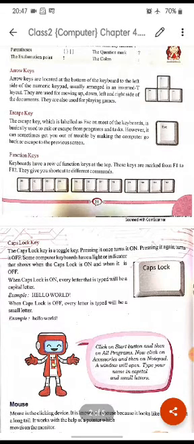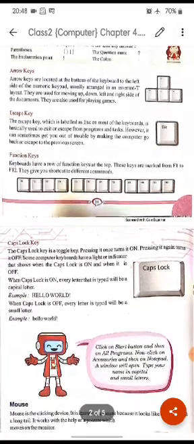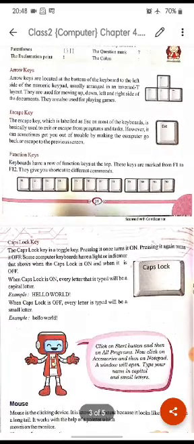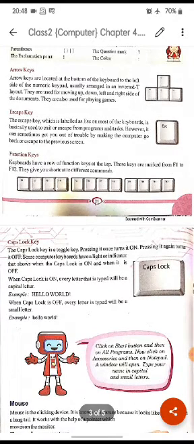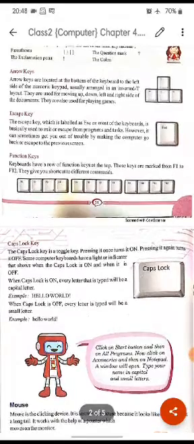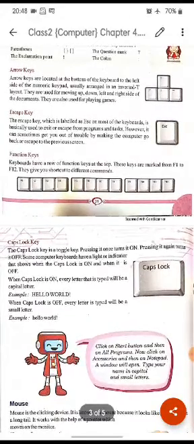However, it can sometimes get you out of trouble by making the computer go back or escape to the previous screen. So, this key is used to go back from the current screen which we are using to the previous screen.